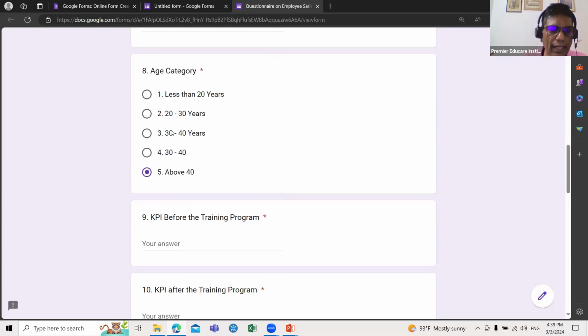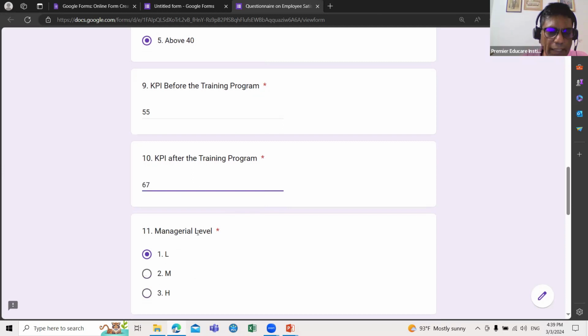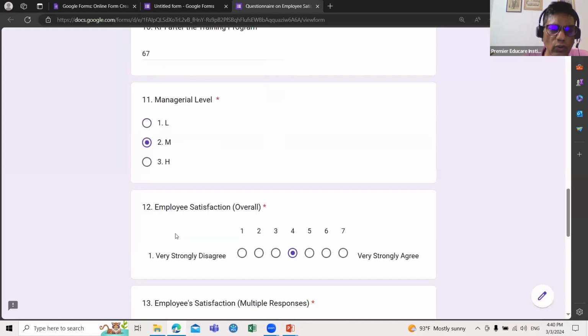Okay, right? KPI, it may be out of 100, it may be 65 before the program. After the program, say about 67. Compulsory. Managerial level, whether it's low, medium, high, right? So if you want to remove this 1 or 2, 3, you can do it later. No issues in that, right? So when you come here,